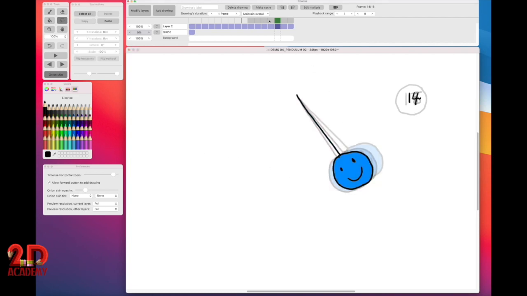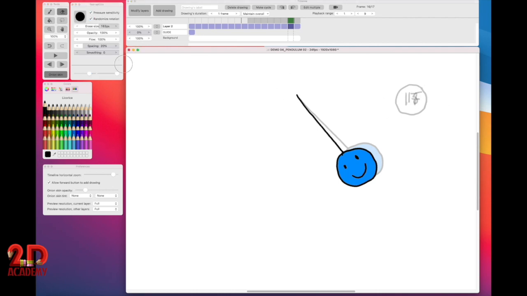Perfect. So now we've got 13, 14, 15, and now we just got to do 16 to catch up to 17, which is our final key. So again, select 15, duplicate after, erase it, it's 16 now,